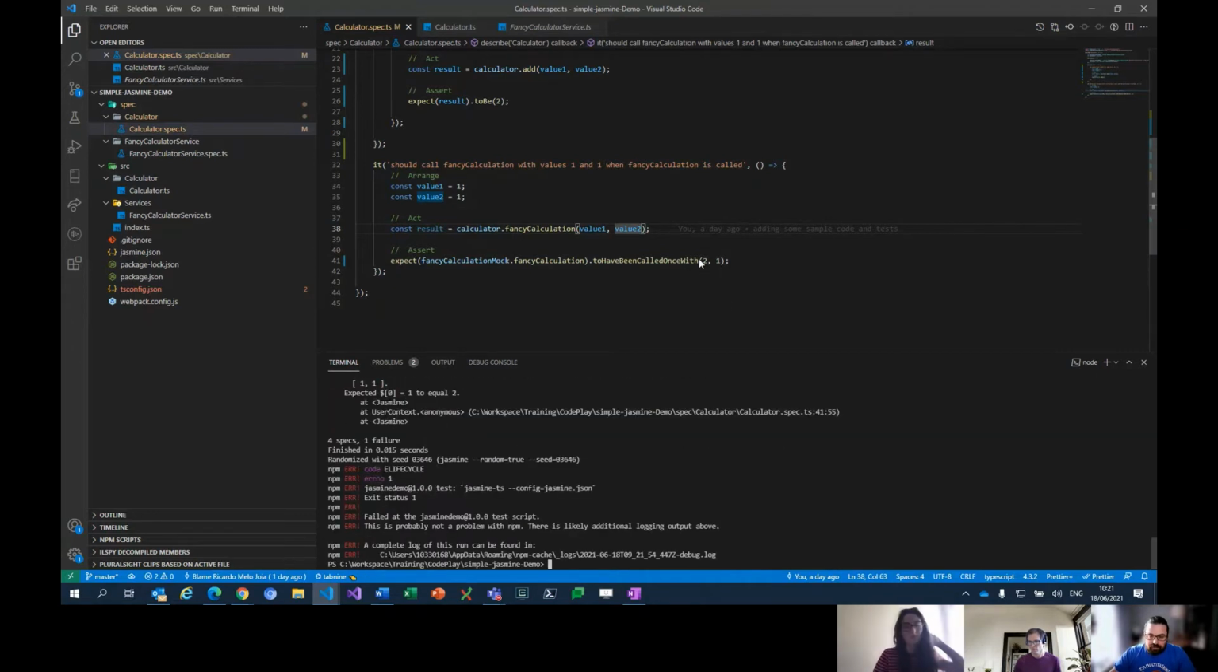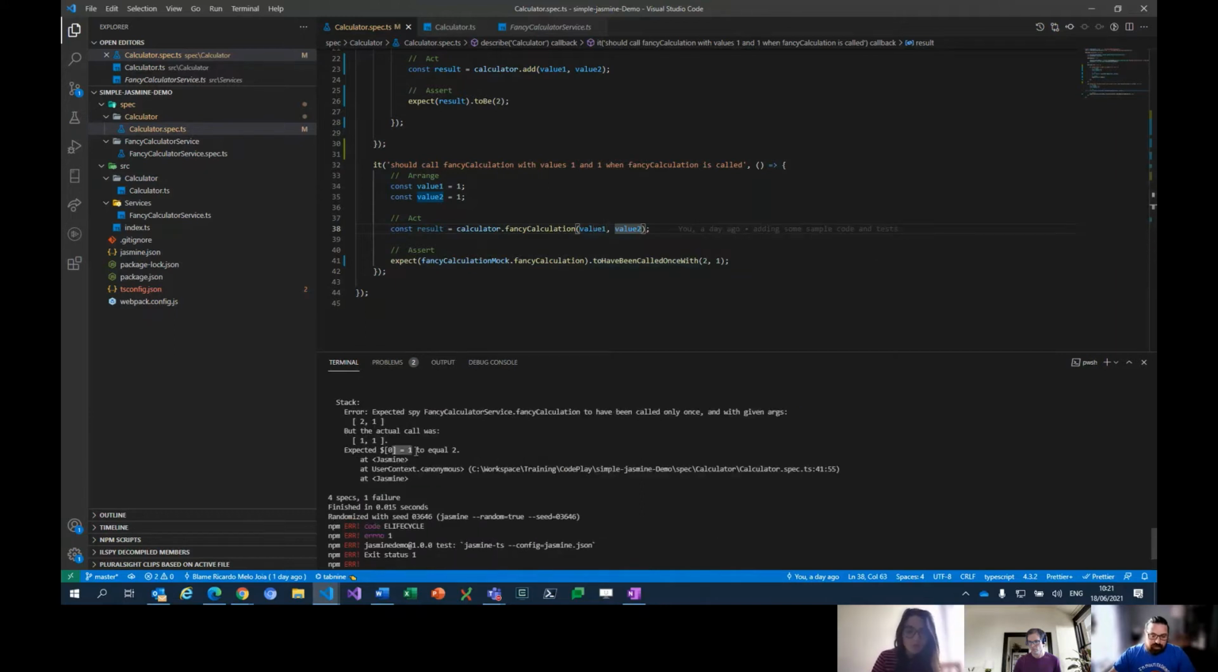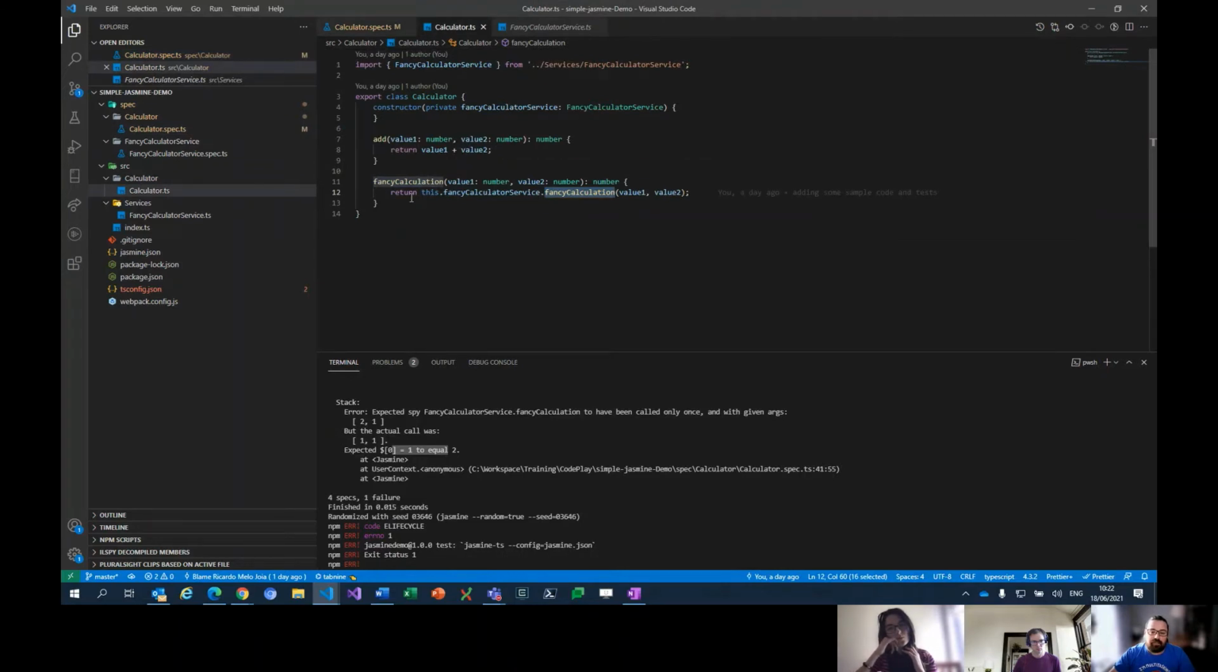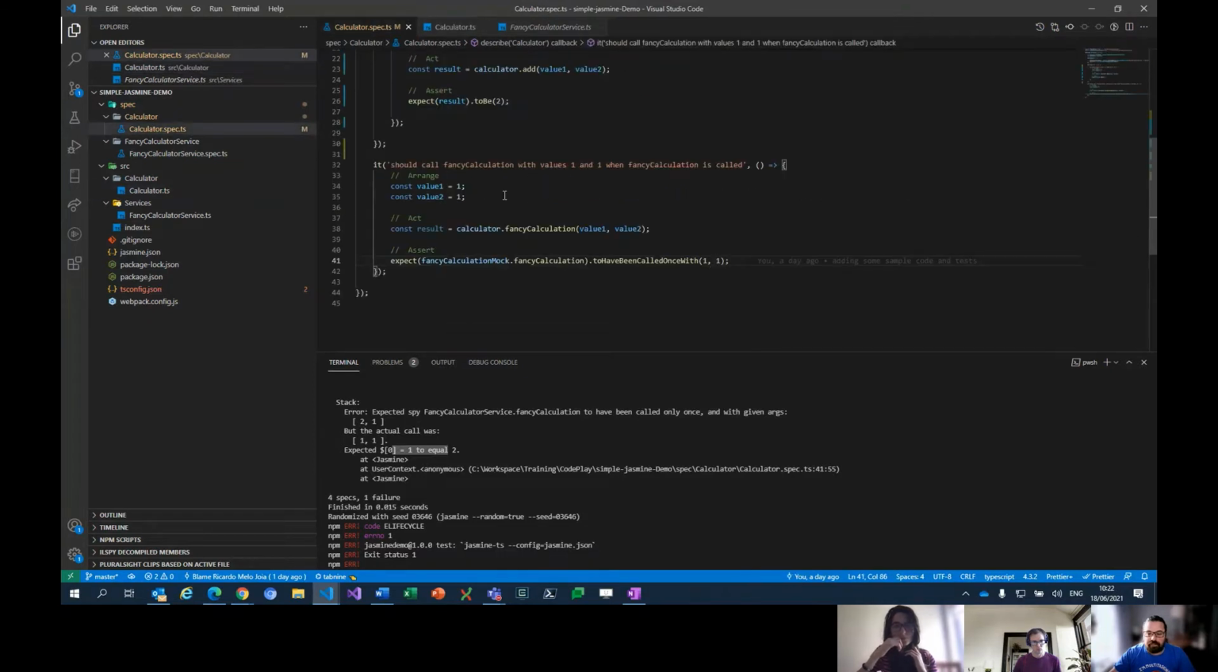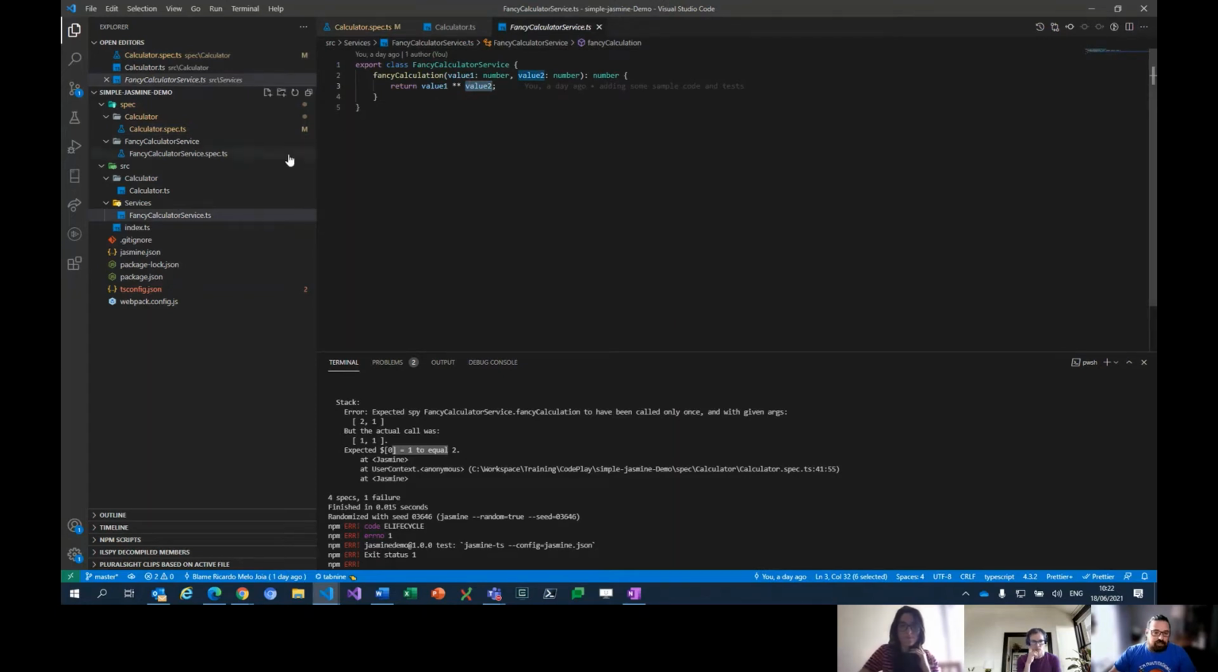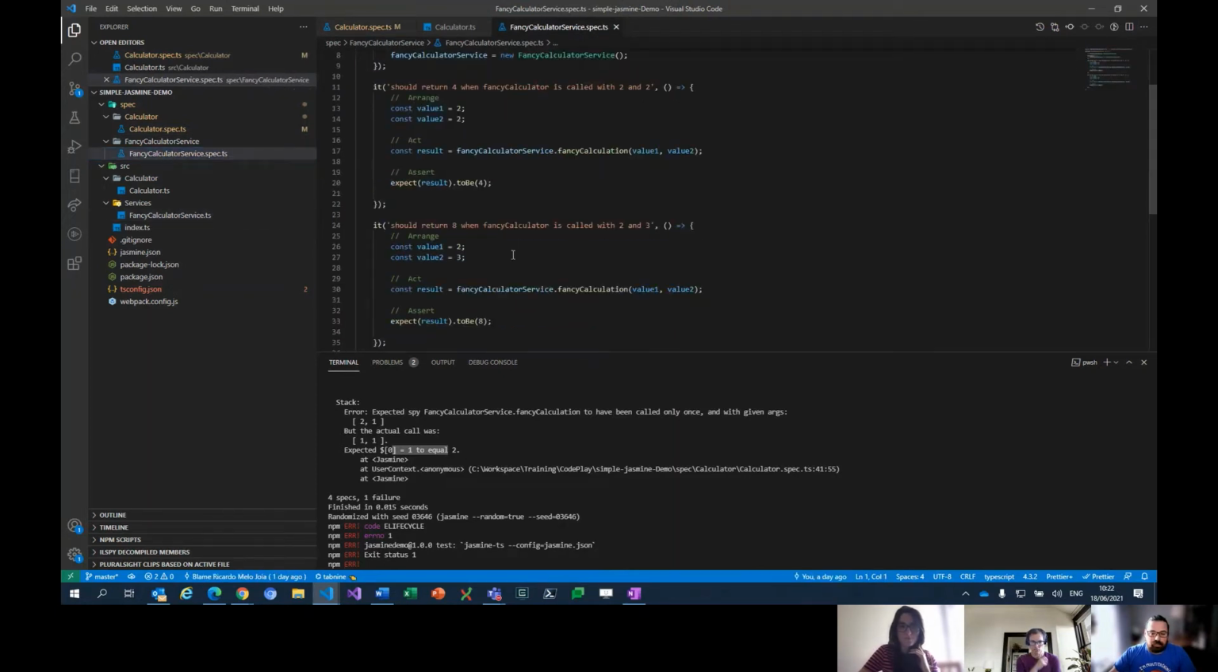This should fail because it's going to say that it expected 1 to be equal to 2, because I lied here, so it verifies what I want. I'm doing the right thing. I'm calling this method, and I'm calling the service with the right arguments. And actually, this thing is not used because I'm not getting a response here, and that's not my objective when I do this. So on the fancy calculator service, which is actually the one that tests what the fancy